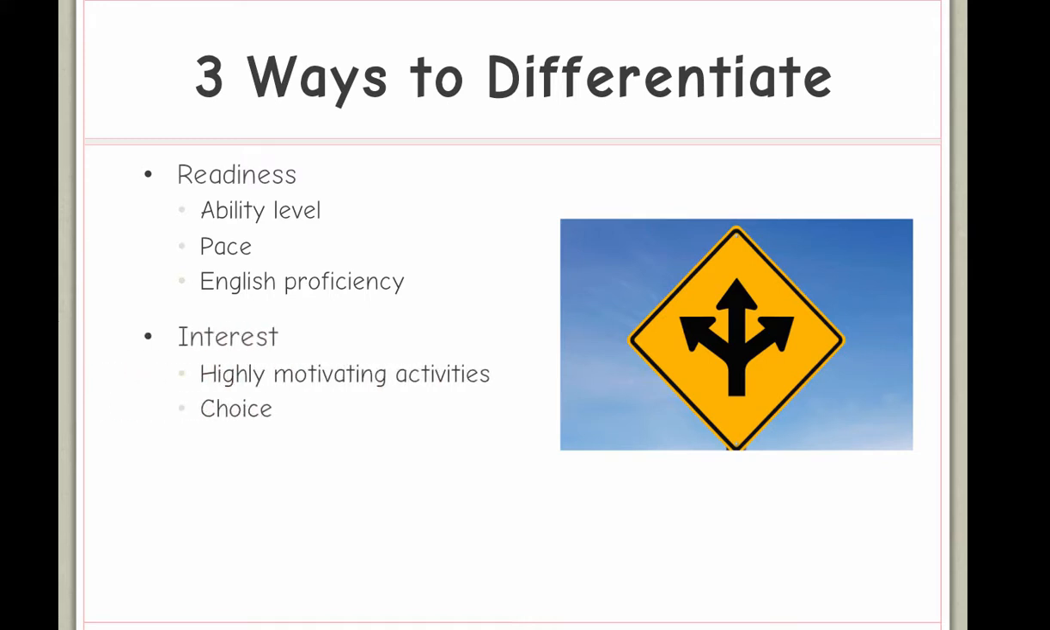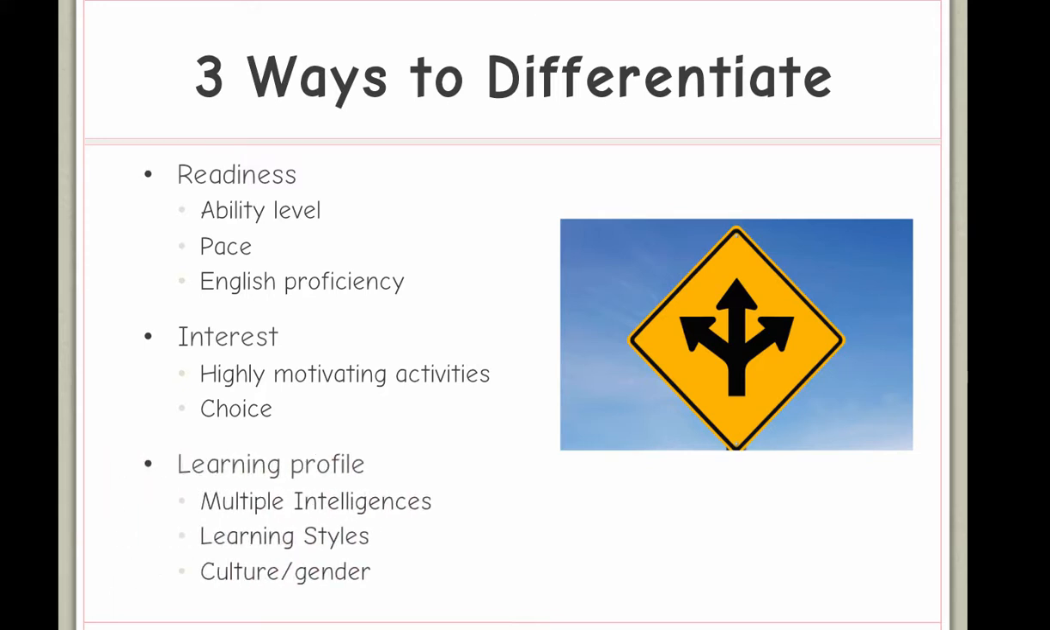You can also differentiate by interest. This is where you develop highly motivating activities and provide choice. I've said it before, I think differentiating by choice is one of the easiest ways, because then students become more interested and engaged. And as we said a few minutes ago, that affect piece is a crucial part of the learning experience. And another way that we can and should differentiate is by learning profile, which you understand is